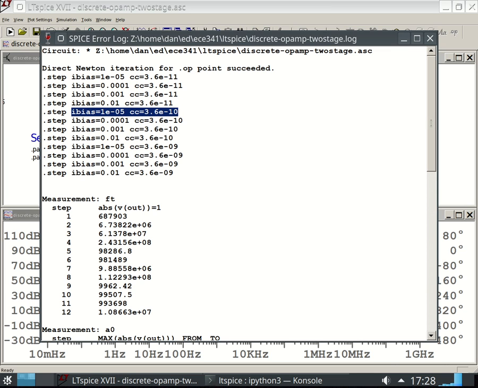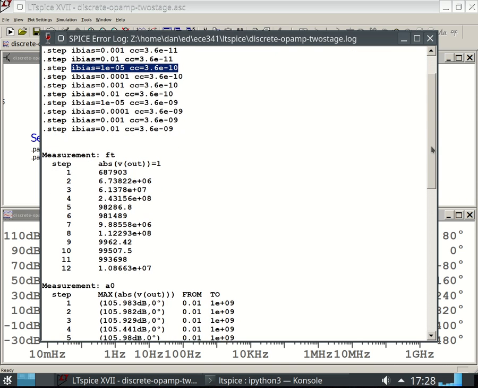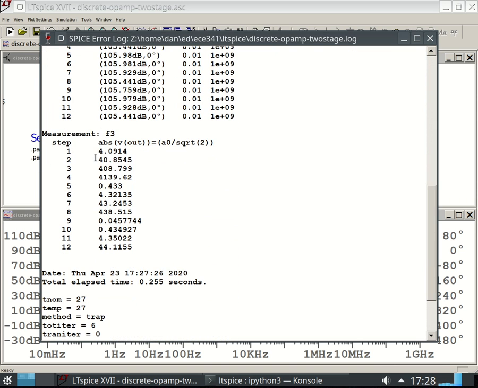Well, I hope you do, because that's why we use the cursors. We do the cursors to cross-check our dot measure statements. Let's go down here. Step 5. What is the result of that measurement? 0.4. 0.4 hertz. This is awesome. All right, so I think we did this dot measure statement correctly to find our 3 dB frequency, because this one is okay. Now getting 1 point correct does not mean that you get the whole thing right, because